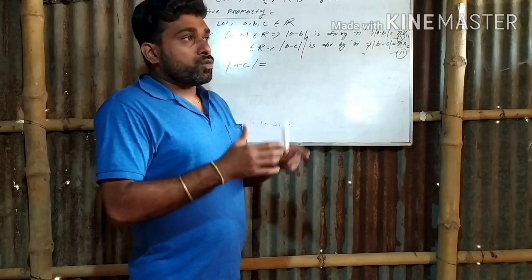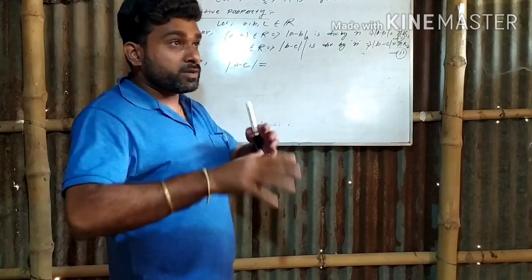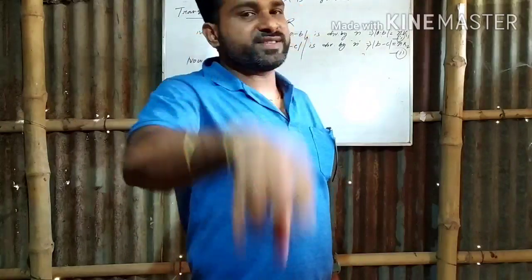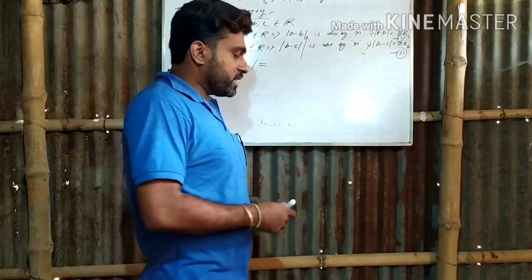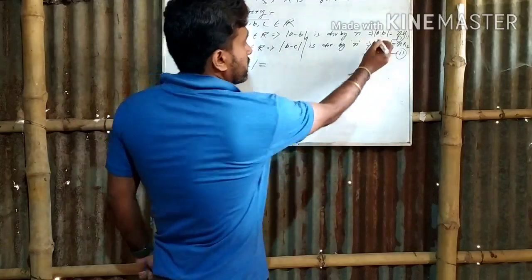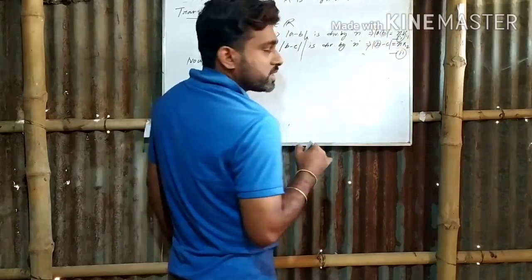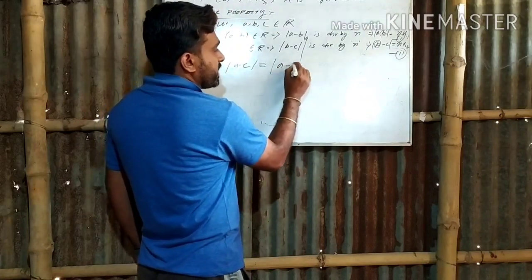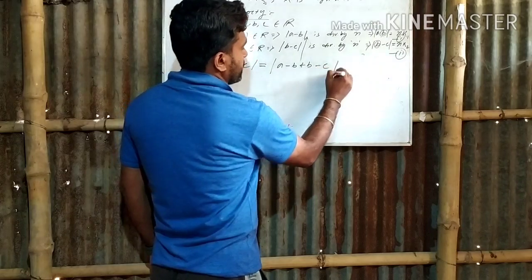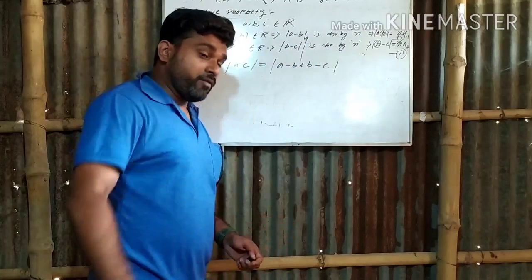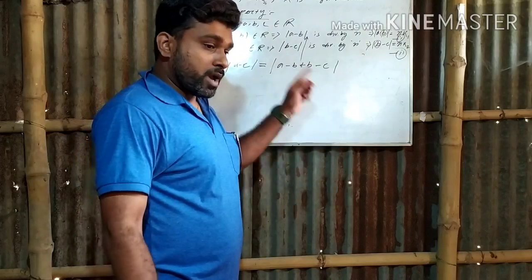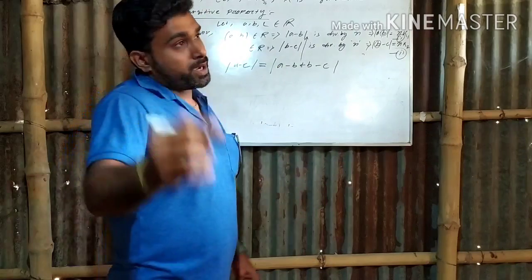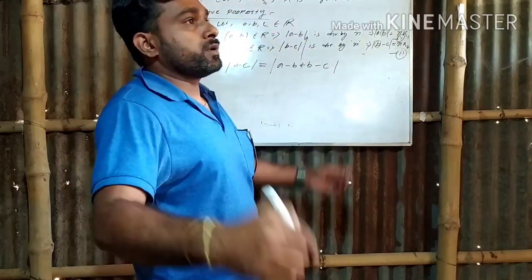That means we have to introduce the middleman. Without this middleman, without this bridge, we can't construct any kind of relation between A and C. So we have to introduce the middleman here, and the middleman is B. You have to introduce it here: A minus B plus B minus C. In the transitive property, in every question, you have to introduce this middleman. Without introducing it, you can't prove the transitive property.